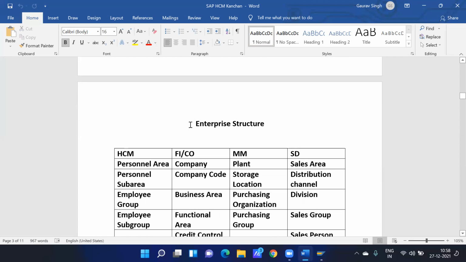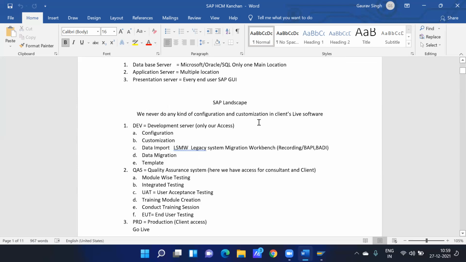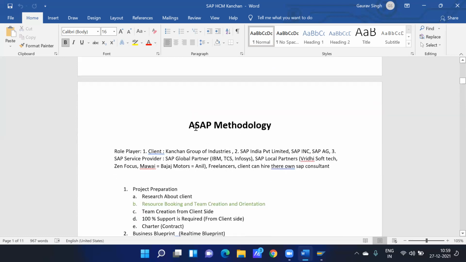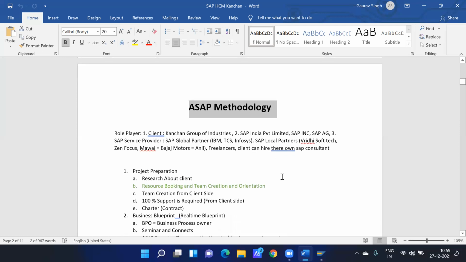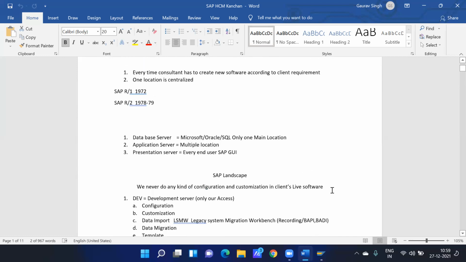So this is the introduction for SAP HCM: how SAP software works, how we work as consultants in SAP software, and which methodology we use. I have discussed this briefly, but if you want to learn more, you can search all this on Google. You will get lengthy documents related to the ASAP methodology. But why did I teach you this? Because after doing this course or getting certification, you must be